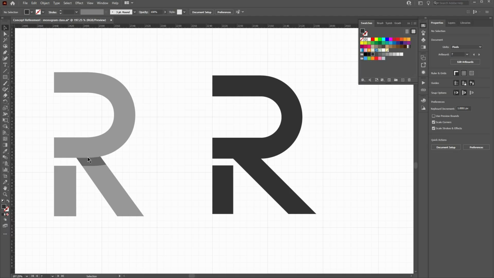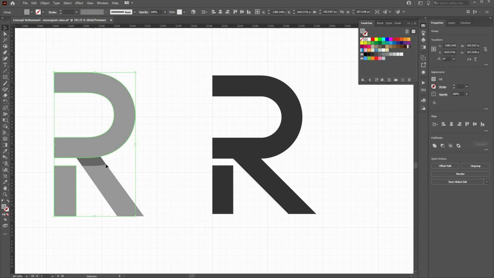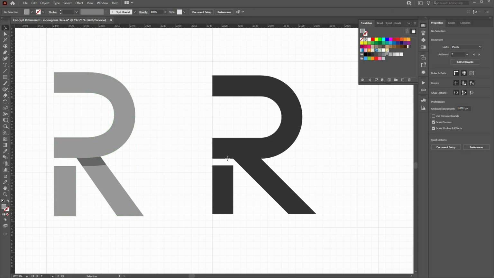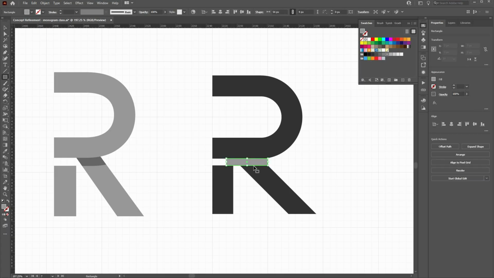Now in my example to the left here, I had a slightly shorter portion of the R, and I had the leg intersect where the R starts to curve. So it was quite difficult to recreate the exact angle to get that shadow right. But in this example here, it would be a simple case of dragging a rectangle over the top of the leg,